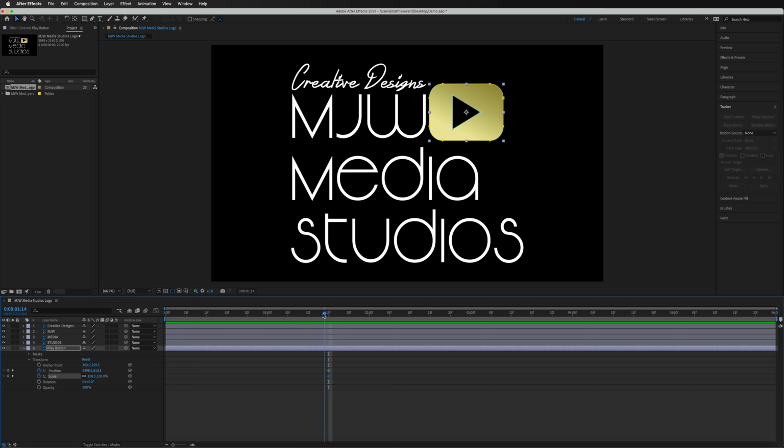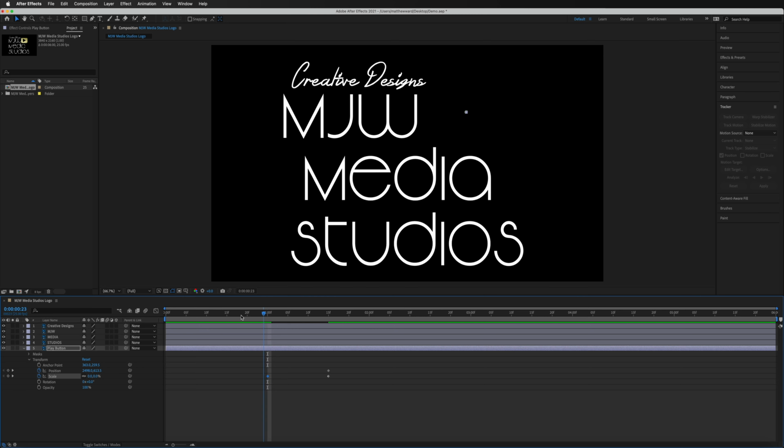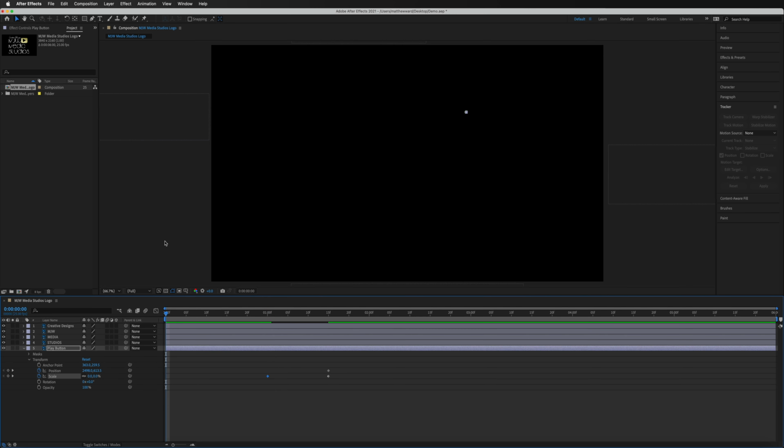So I'm going to bring this playhead now back to the 1 second and come back over to my layer properties. And this time I'm going to focus only on the scale option, and where it says 100 there, I'm just going to tap on that. I'm just going to type in 0 and hit the return key on my keyboard. And now that has disappeared. So in theory, this should scale up from being 0 to 100%. So if we bring this back to the start now and we just play this back, we can see how it comes together.